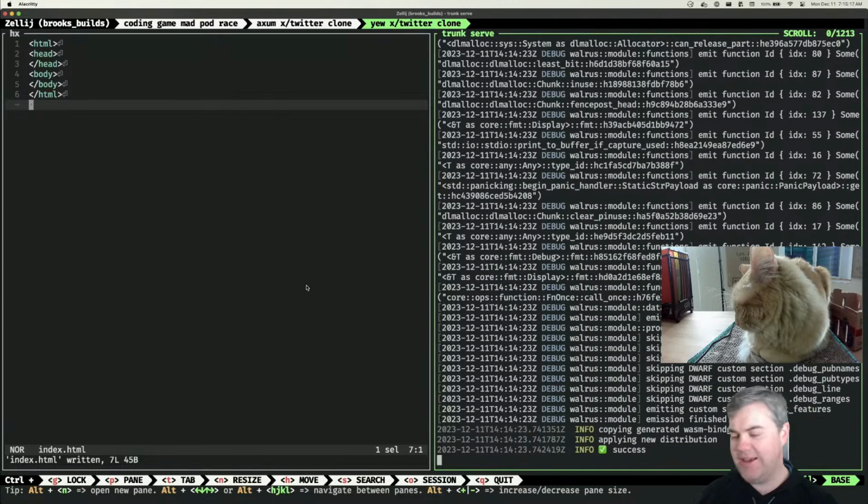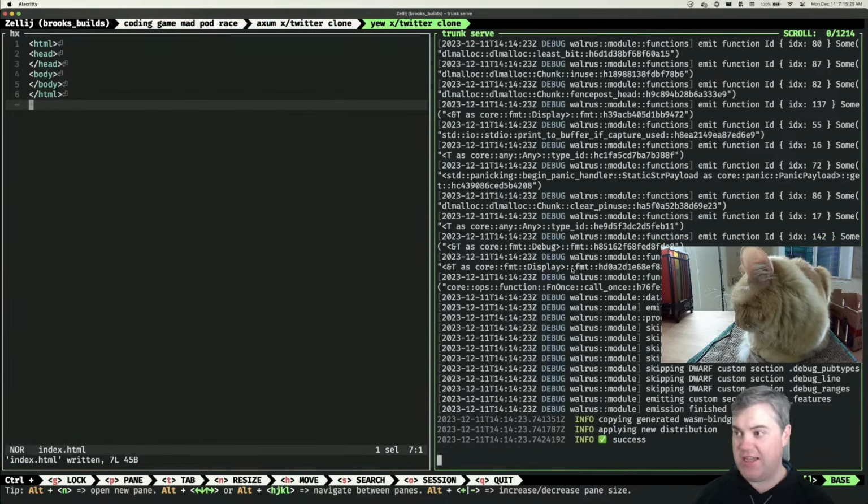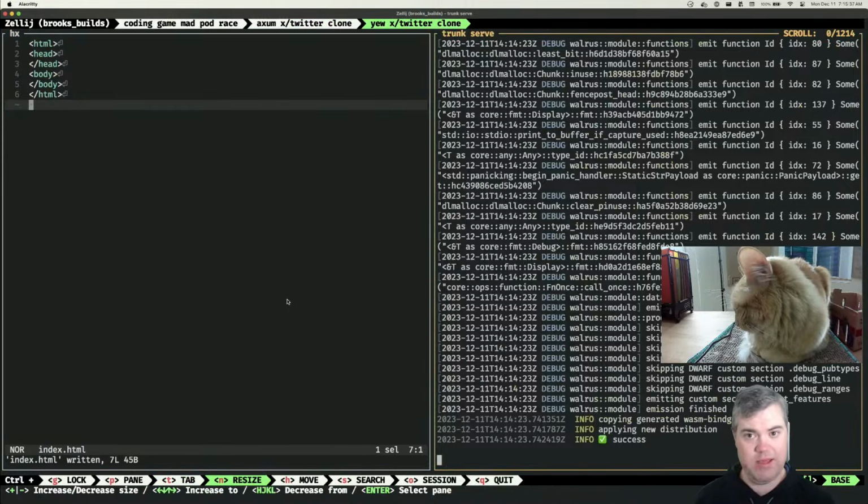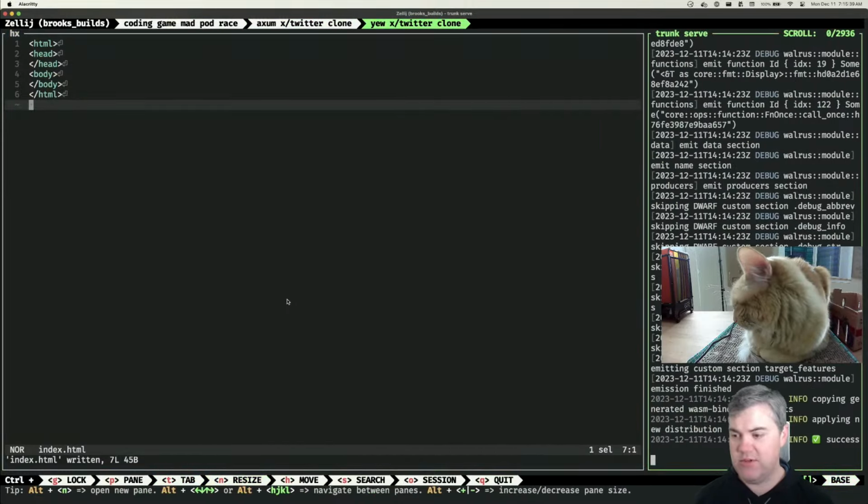Oh, you know what? I totally forgot. You actually need to set up Yew and get it going. So the only reason it didn't error out is because I do have the index.html set up in it. We still need the Yew stuff going. So no, this command. There you go, resize. All right, so let's now